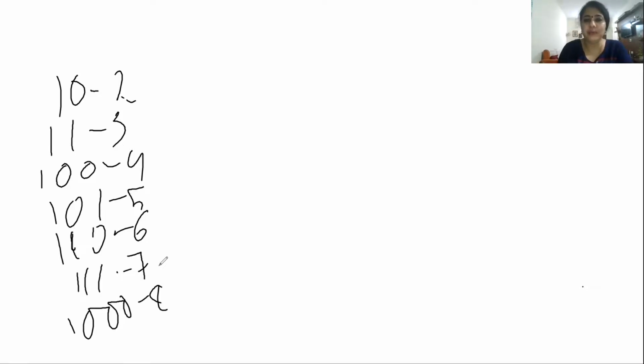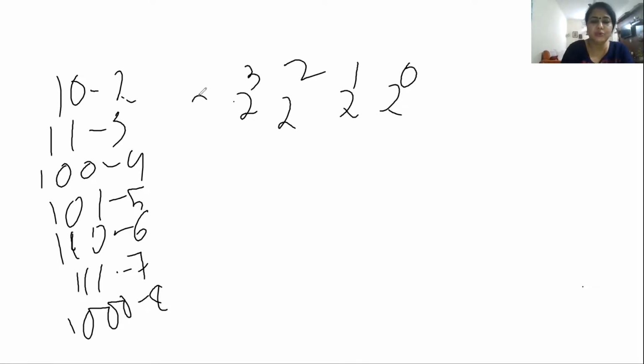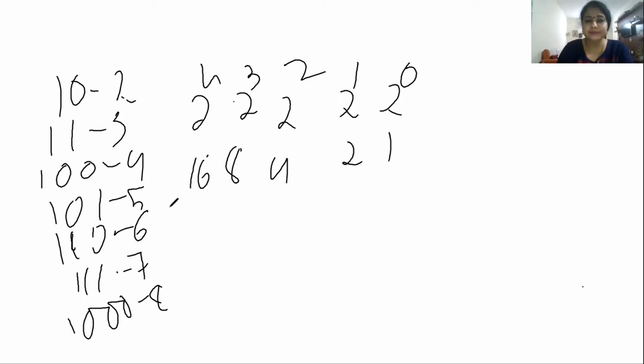Another thing you have to remember is the place values: 2 to the power 0, 2 to the power 1, 2 to the power 2, 2 to the power 3, 2 to the power 4. You have to multiply with the face value. So this is 1, this is 2, this is 4, this is 8, this is 16, then 32, then 64, in this way you have to remember. This is what you have to remember for binary conversion, decimal to binary or binary to